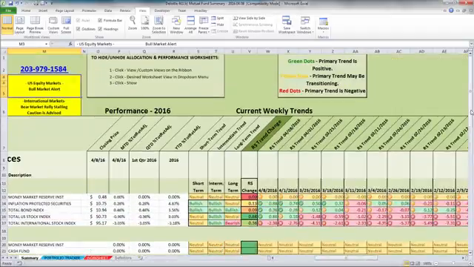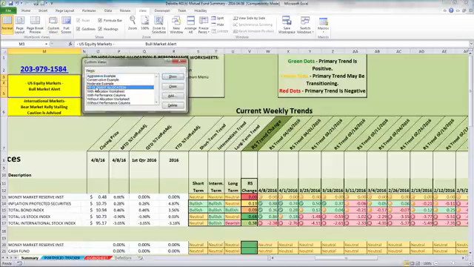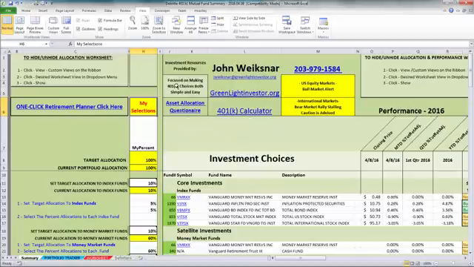Okay, with that said, let's see how we can use this to make allocations to your 401k. To do so, we'll click on the View in the ribbon, go to Custom Views, and change the worksheet over to My Allocations. Column H will be the column that we use to keep track of what the signals are telling us to do. Again, when we see green lights in column W